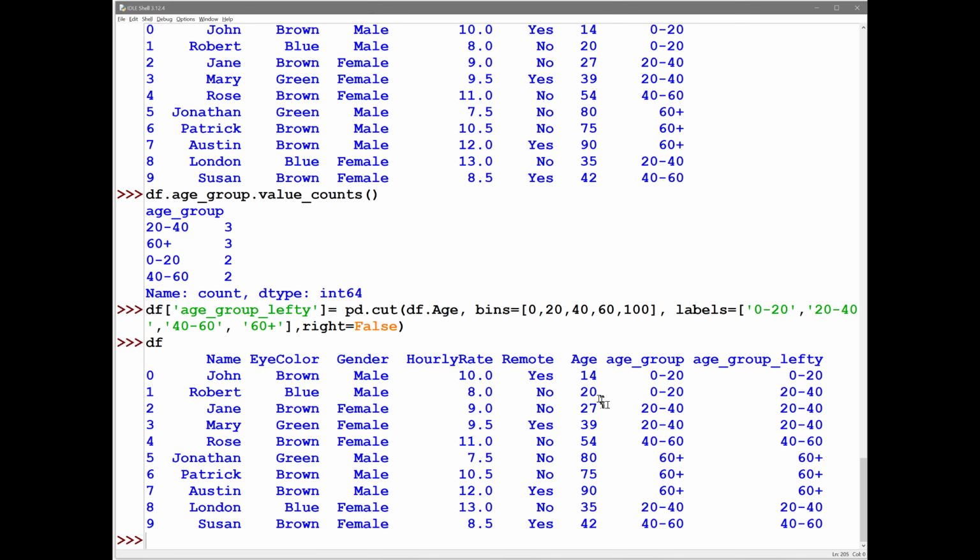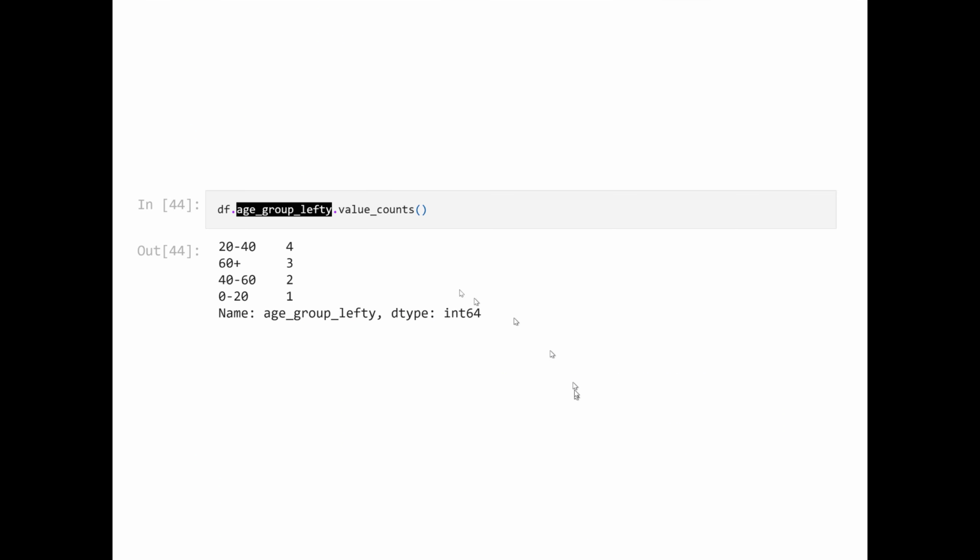And notice that the 20-year-old here is now included in the 20 to 40 group instead of the 0 to 20 group. Obviously, this is just a decision that you have to make whenever you bin your values like this for some kind of column. If I ask for the value counts now,